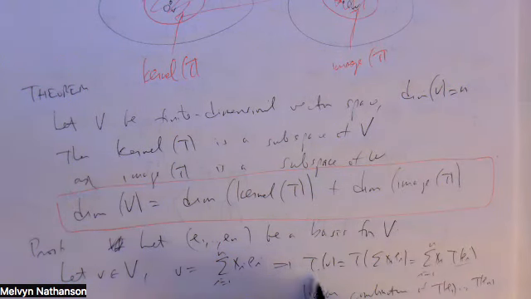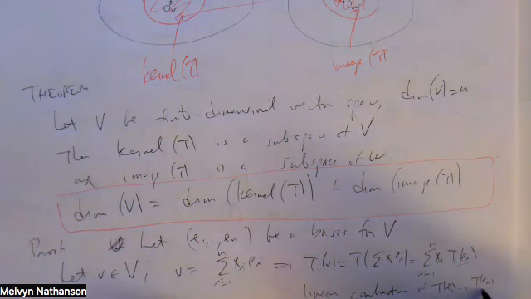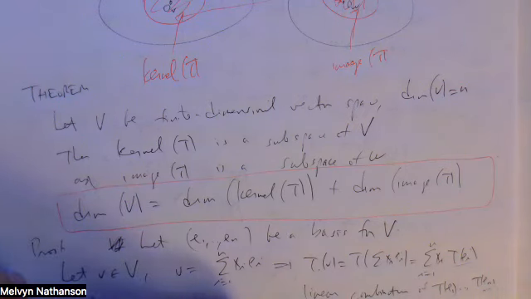So these vectors span the image of T. So some subset of them is a basis for the image of T, because we proved that if you have a finite set of vectors that spans a subspace, there's a subset of that set which is a basis for the subspace. Not only spans, but is linearly independent. So the dimension of the image of T